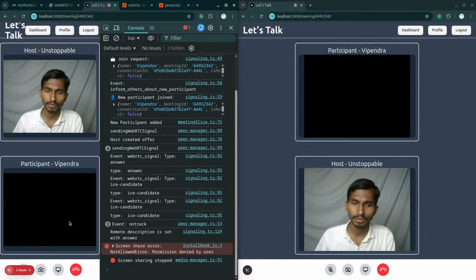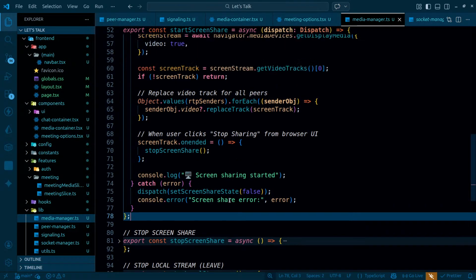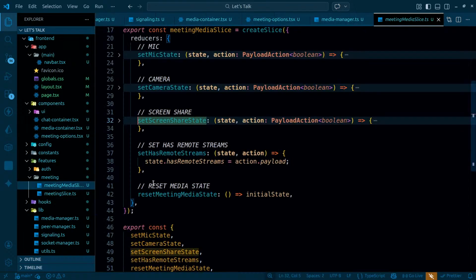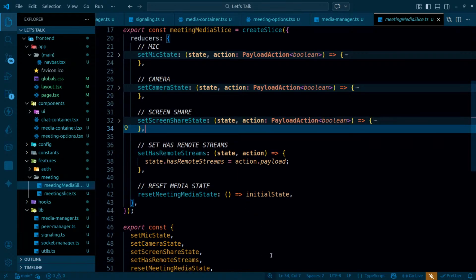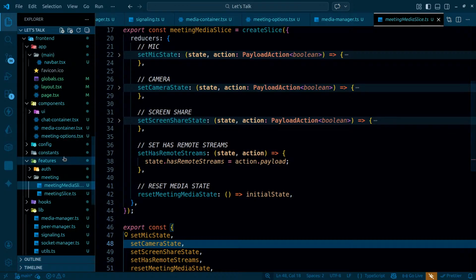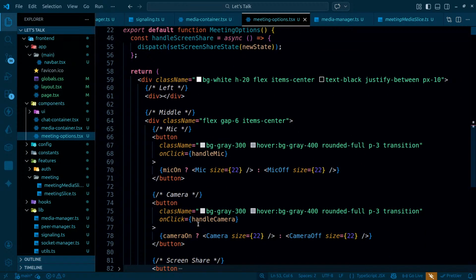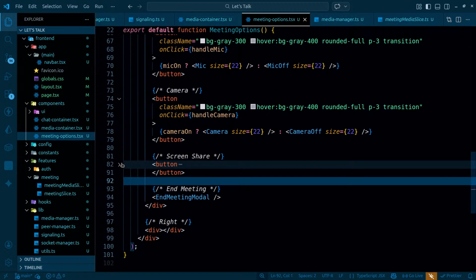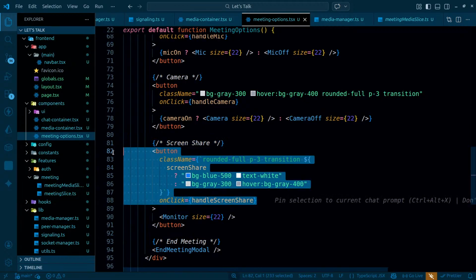Screen stop sharing. In that case, what can I do? First of all, definitely I'm changing the state, screen share state. That is definitely being changed over here, so it will just get the action that's gonna be boolean, and it is just simply changing the value of that. So that's great. But the question is, if I go to my media options, and inside these media options, screen share button, and that is this one over here, on the basis of the screen share value, I'm just changing the things,